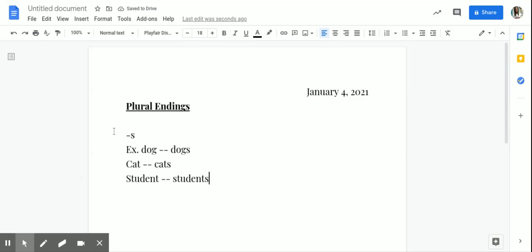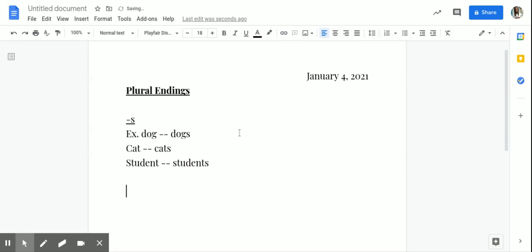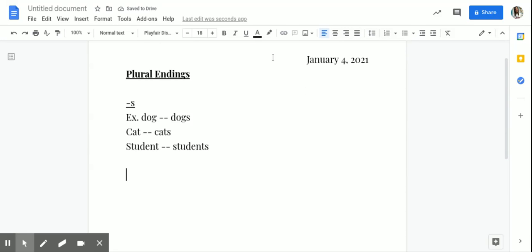So this is the most general ending that we add when we make something a plural. We usually just add an S on the end. However, there are some other rules that we're going to learn today. Instead of just adding an S, sometimes we add an ES on the end. When we add an ES, usually it's when,